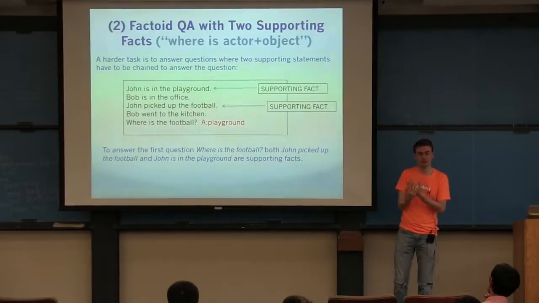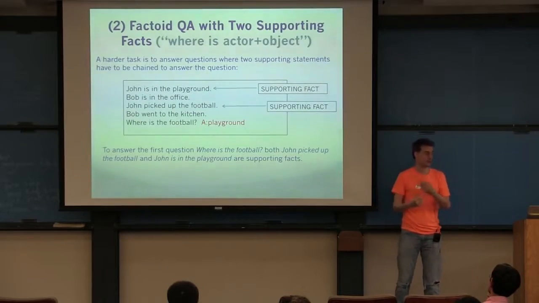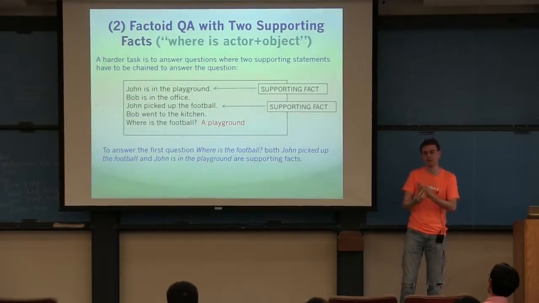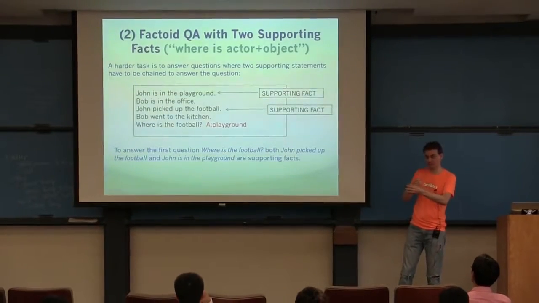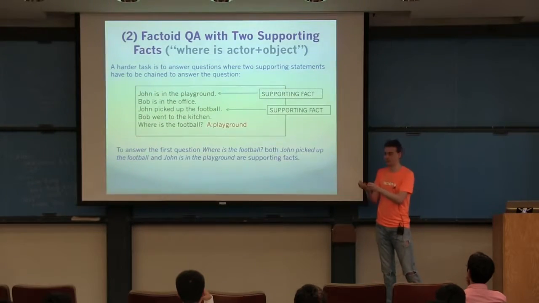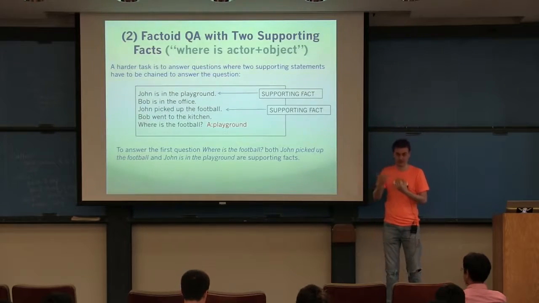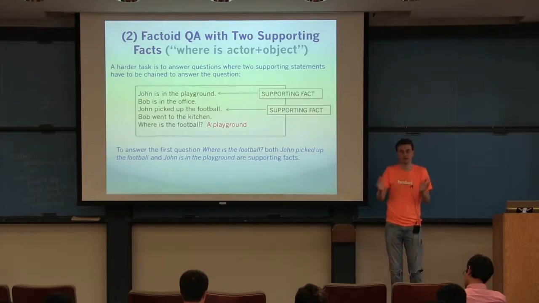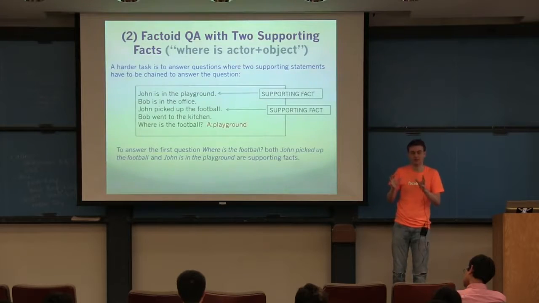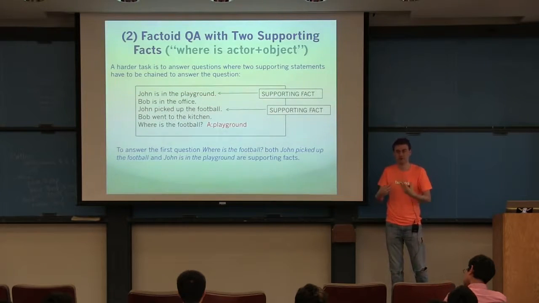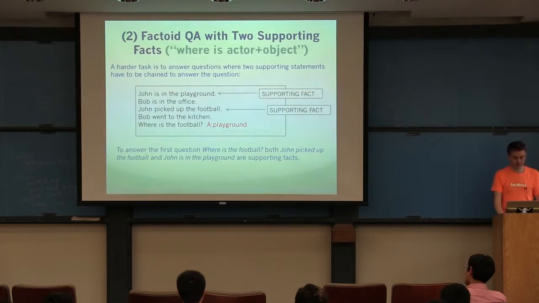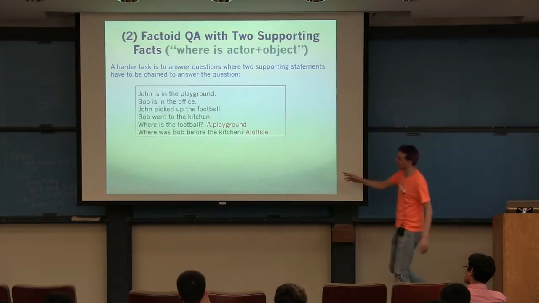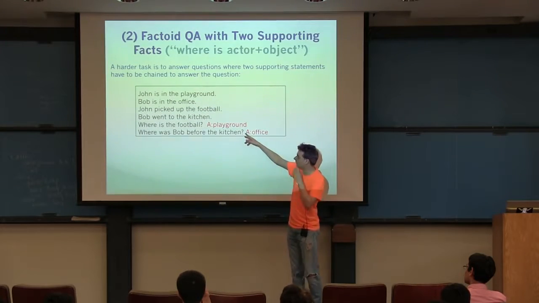So this is kind of how the algorithm works in the memory networks algorithm. It's going to be finding these supporting facts one after the other, and each time it finds one, it's going to condition on the ones it's found to find the next one, until it finds all the things it thinks are relevant to answer the question, and then it can produce an answer given the supporting facts. This is the idea of what we're going to see. And similarly, I didn't put the supporting facts, but there's a question like this: where was Bob before the kitchen?